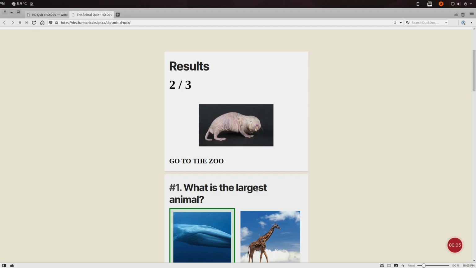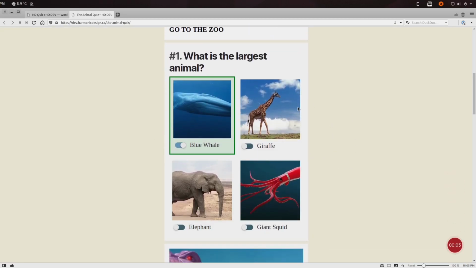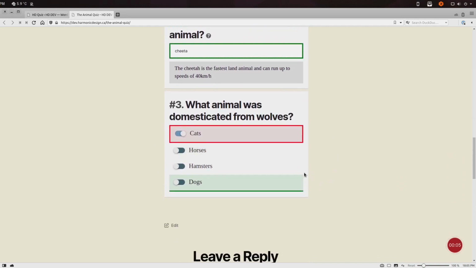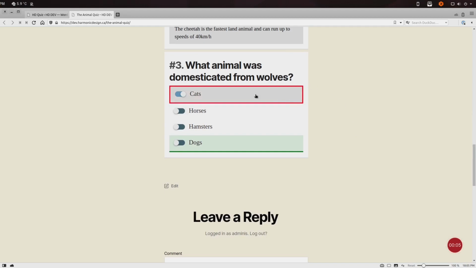We disabled sharing, so the sharing option isn't working anymore. And we can scroll down and we can see what answers we got right and which we got wrong. So blue whale, we got right. Cheetah, we got right. This we got wrong. We selected cats, which is wrong, but it went the extra step and showed us that dogs is the right